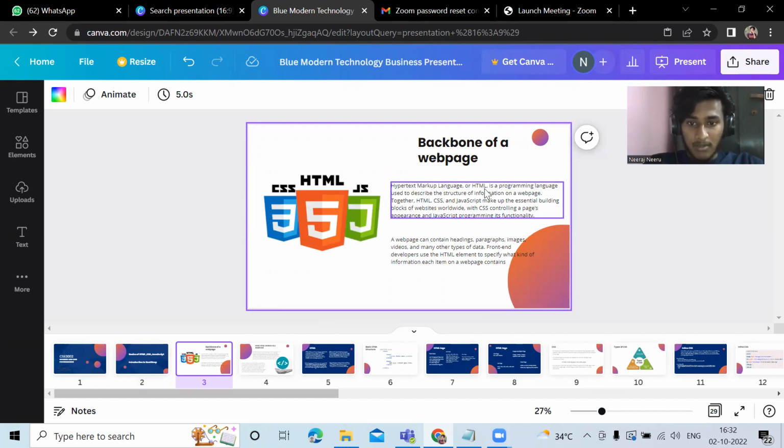HTML is a language that is used to describe the structure of information on a web page. Together, HTML, CSS, and JavaScript make up the essential building blocks of websites worldwide, with CSS controlling the page appearance, that is color, shape, and border, etc. And JavaScript provides functionality, like clicking on a link in a web page can take you to another